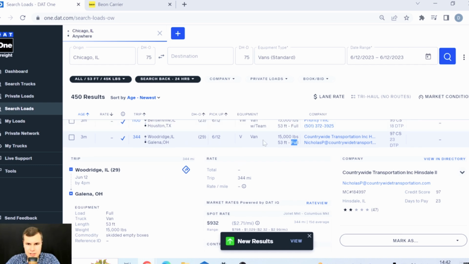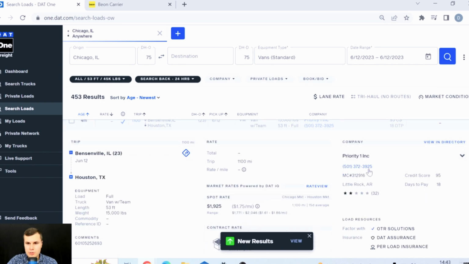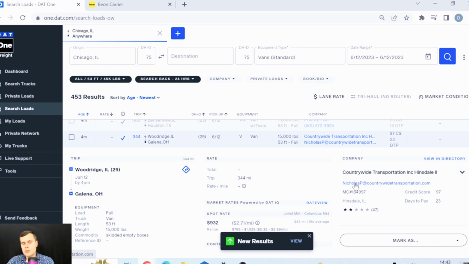So many of the things you see here in the short description are repeating in the longer description. But if we move further here to the company, we can see company here and we can see company here. So the broker who posted this load is Countrywide Transportation Inc. Hinsdale, Illinois. Oh, I guess this is their location. So this is Countrywide Transportation Inc. out of Hinsdale, Illinois. And this broker chose to post this load with an email. If we click on another load, you will see a phone number here, but that specific broker chose an email. So he's not looking for me to call him to negotiate, but he's looking for me to send him an